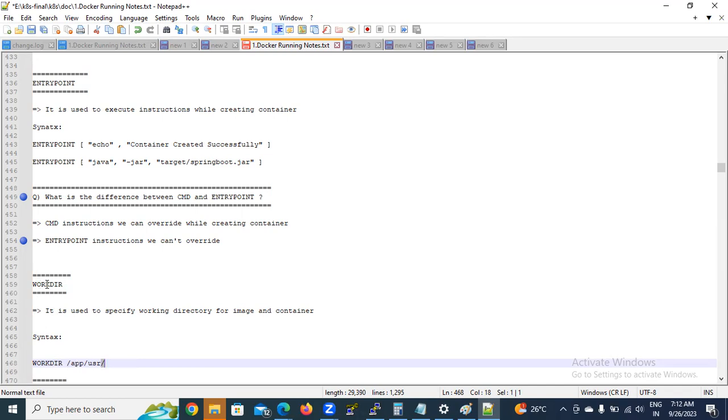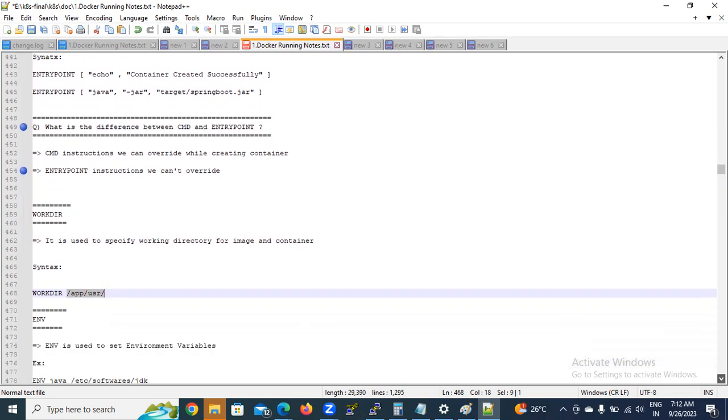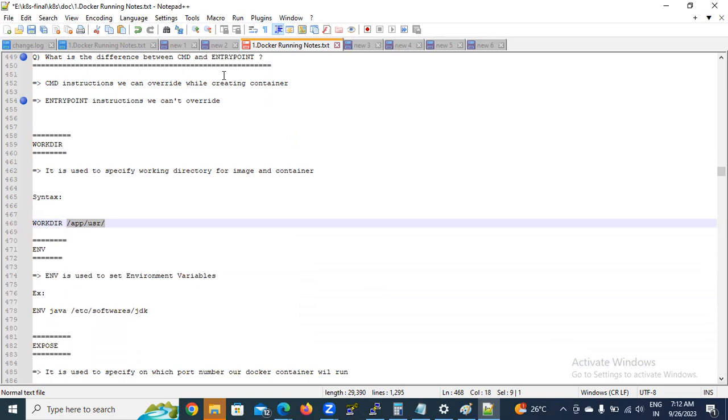So WORKDIR and that path. When you switch that, right here, now you are working in this location, /app/usr. Okay, here environment. So anybody